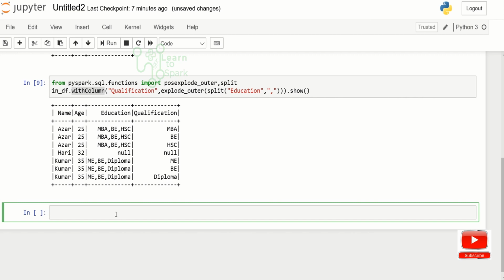Now to use this posexplode, what we have to do is use the select statement. So I'm using select, and I'm giving star for including all the columns that are in df, and we are going to use posexplode_outer, and here we are going to use the split operation.